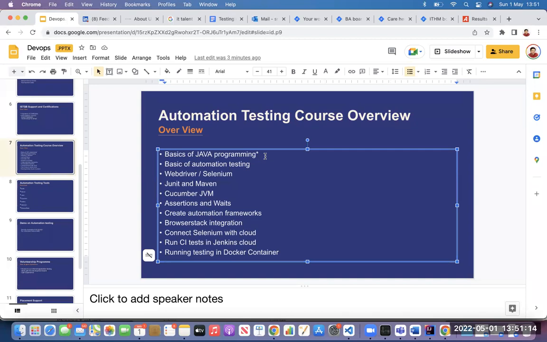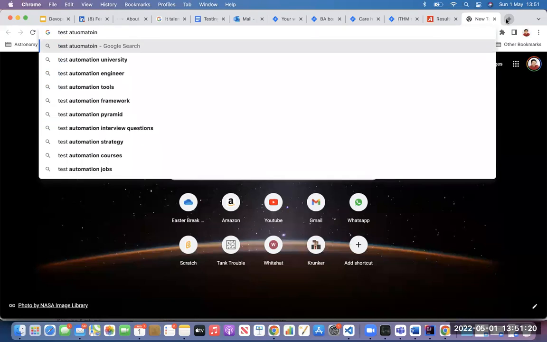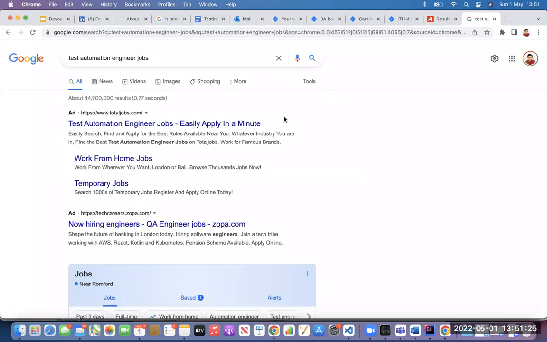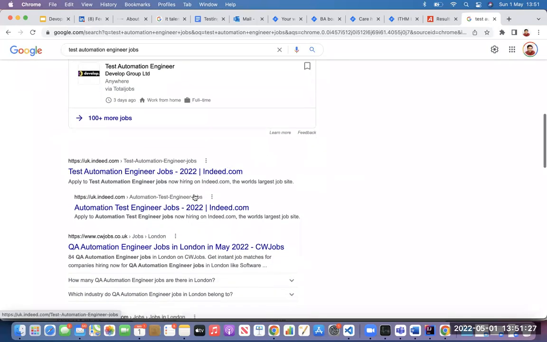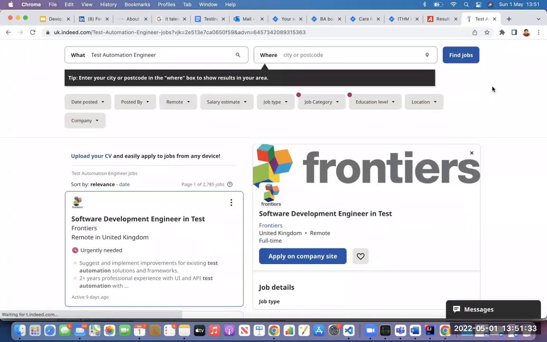Normally how we do it is, for example, we get a requirement. Say we got a test automation engineer job. Let me think that you are part of our training institute and you have applied for a job, and this company is happy to put you forward for an interview.